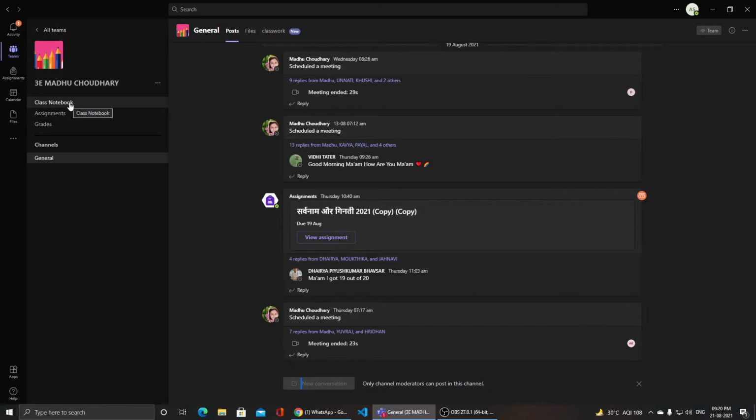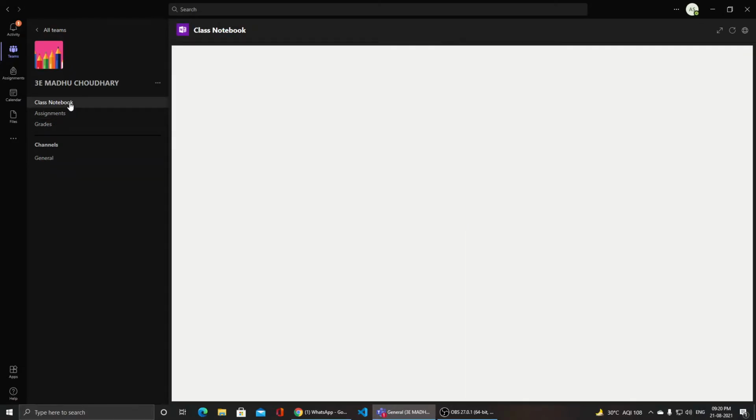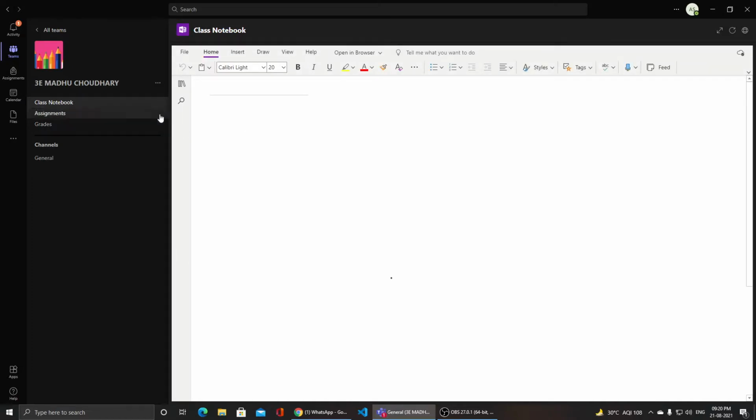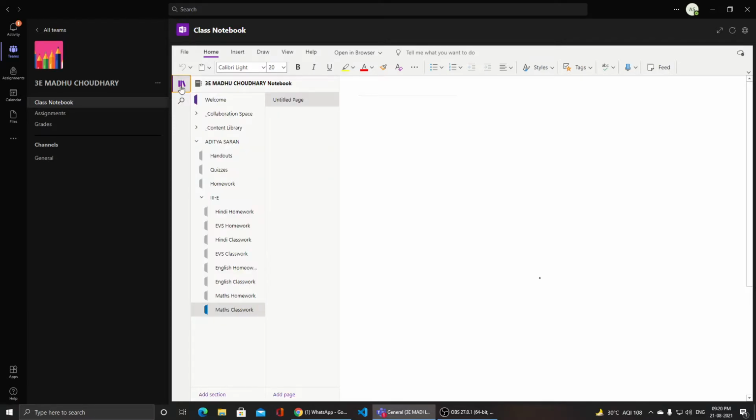So click on this class notebook. When you click on it, you will see a search icon. Can you see this search icon? On top of the search icon you will see one more icon in the form of books. When you click on that, you will see a welcome page, collaboration space, content library.